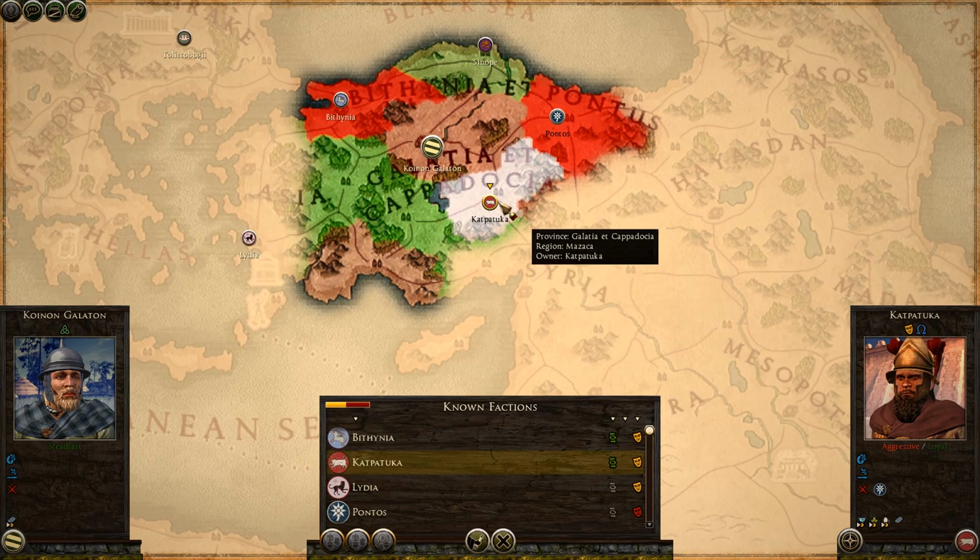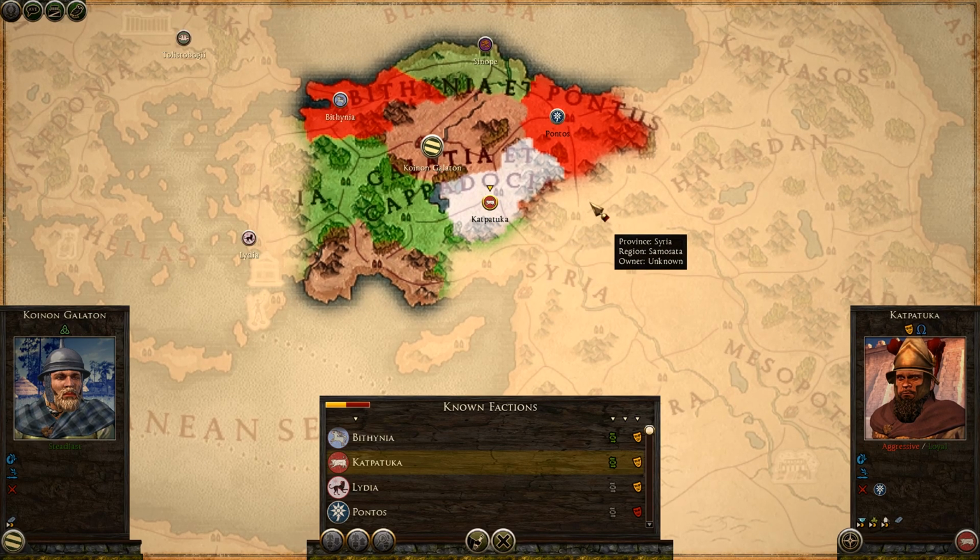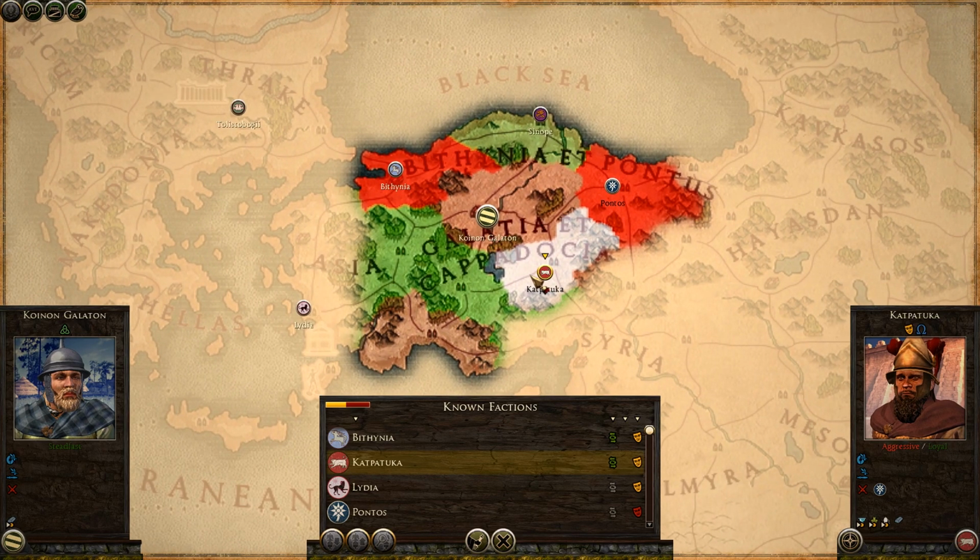And then the Cappadocians down here at Patuca, I believe it's supposed to be like Kingdom of Cappadocia or something like that. Or maybe just Cappadocia or Southeast Cappadocia, whatever. I'm going to call them Cappadocians. These guys are technically Hellenic though, and you do have trade with them, no non-aggression, and they actually don't like